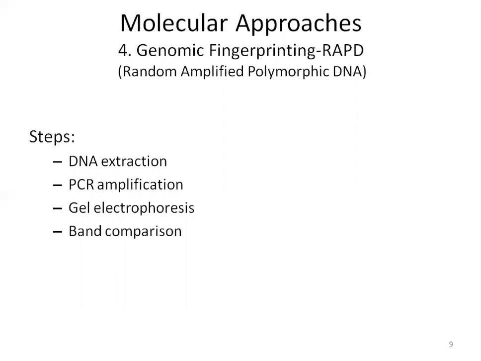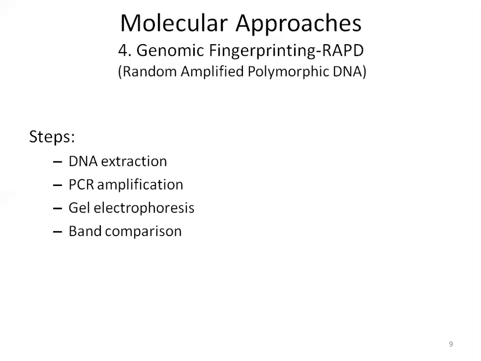So the steps involved in this procedure are enlisted here. First one is the DNA extraction. You can extract the DNA either by the manual method or by a commercially available kit. Then you will perform PCR amplification using a thermal cycler, one or more short oligonucleotide bases, as well as some other components of the PCR mixture that will form the DNA.